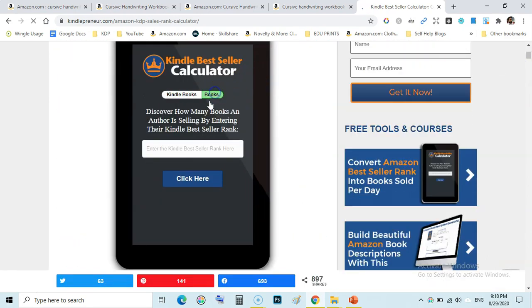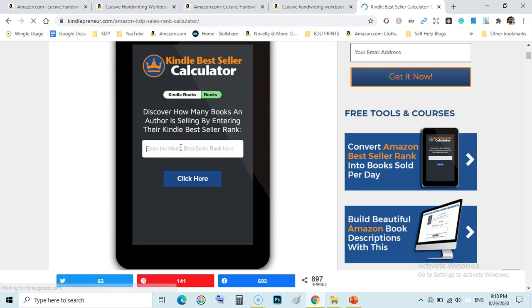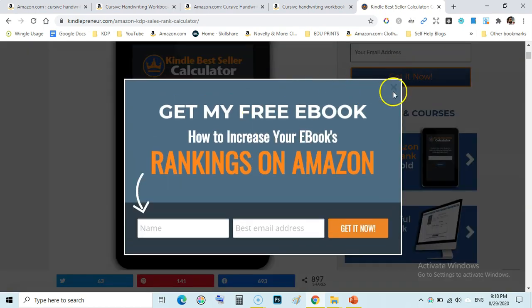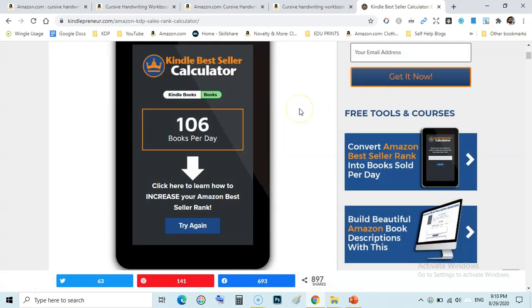First switch to books and then enter 518 and just click here. 106 units per day. Although this calculator is not accurate and it shows a bit higher numbers, if you have a rough estimate, then this book is at least selling 60 to 70 or 80 books per day.